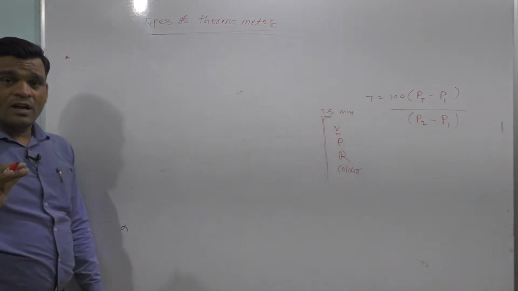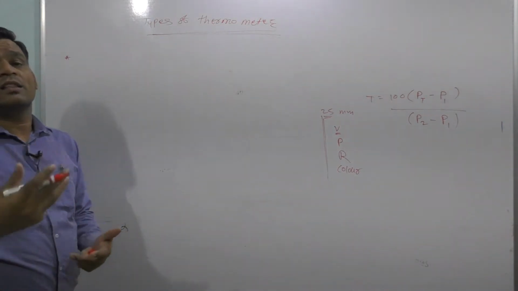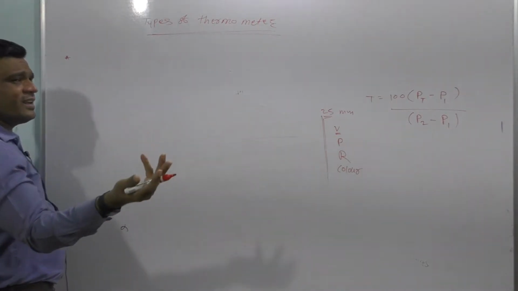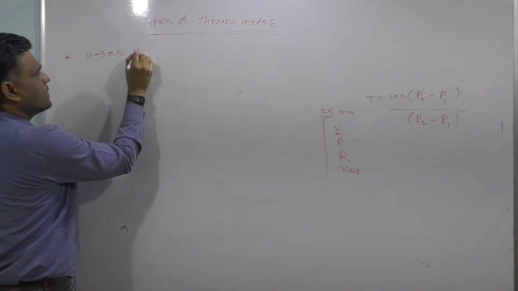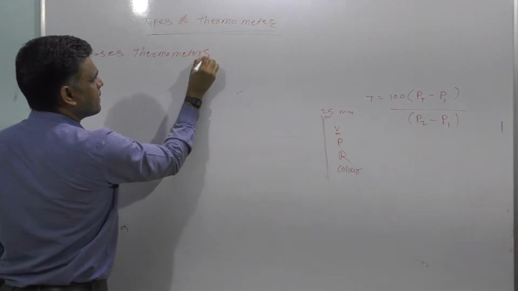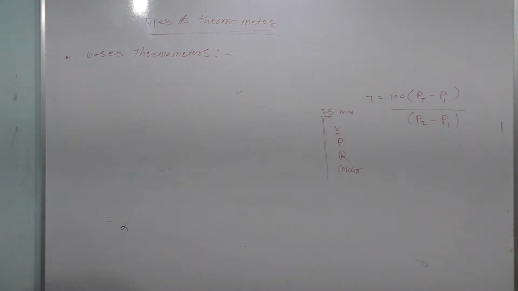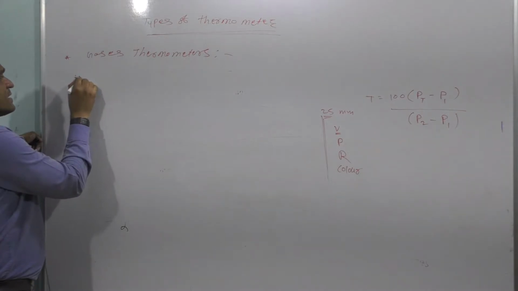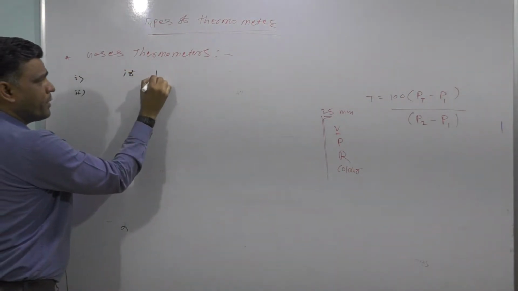So the first type is the gaseous thermometer. A gaseous thermometer means a thermometer in which the substance is in gas form, like any type of gas. Here there are two conditions in a gaseous thermometer. One, if pressure